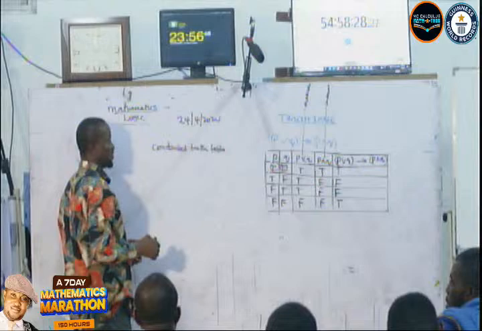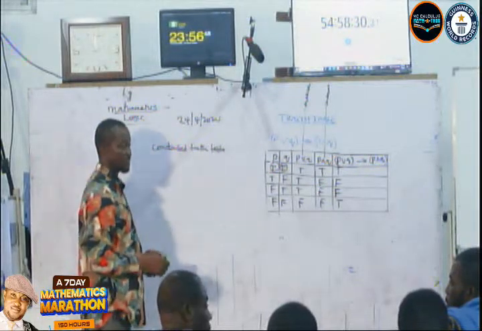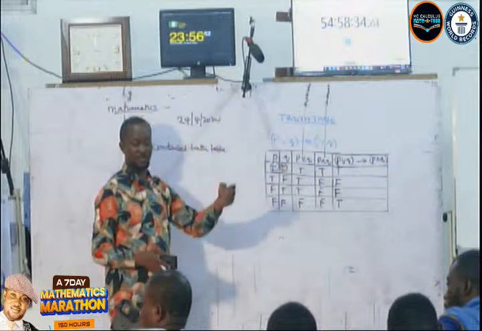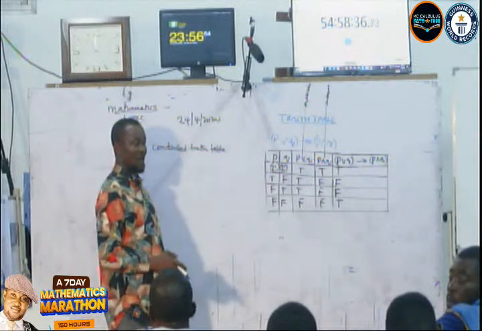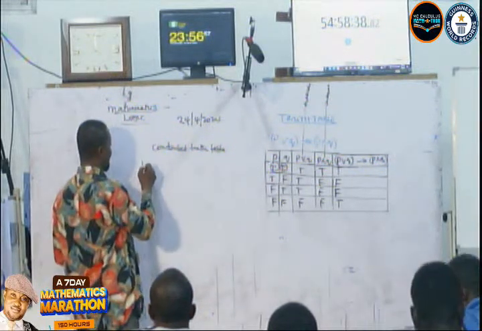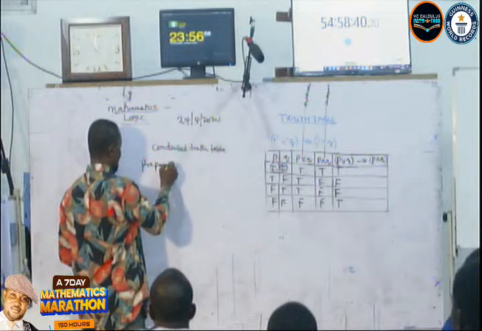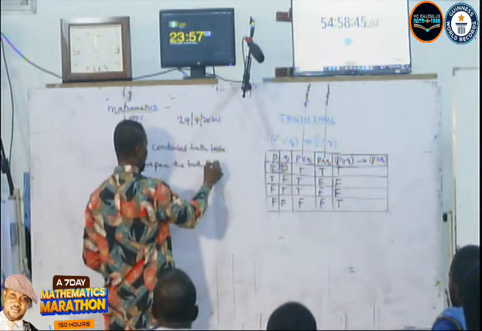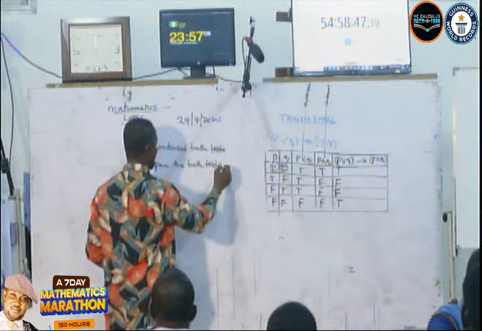Now we have the read table, we have the condensed table. In most cases, they specify the table you are using. If you're asked to prepare a table now, they say prepare the truth table for